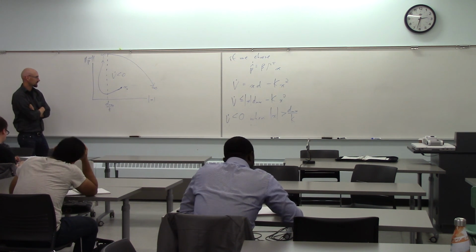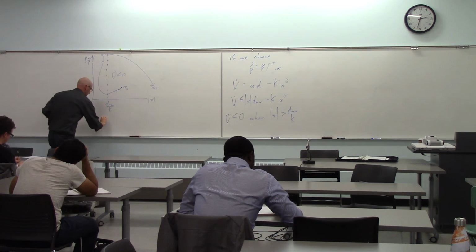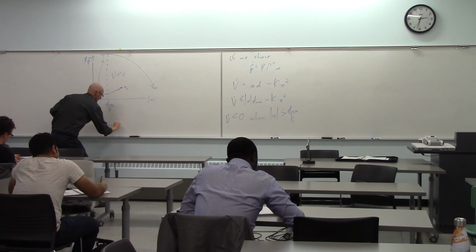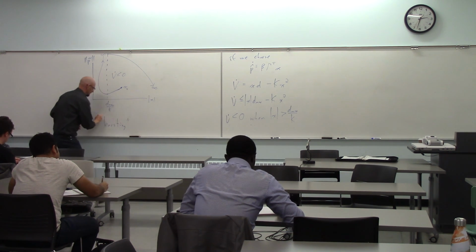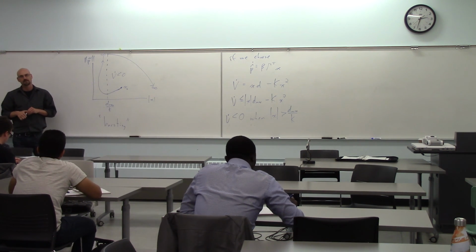So this is usually what's called bursting. Your system looks like it's doing well for a long period of time, and then kind of out of the blue, in a very surprising way, it goes unstable. So if you had been looking at your parameter